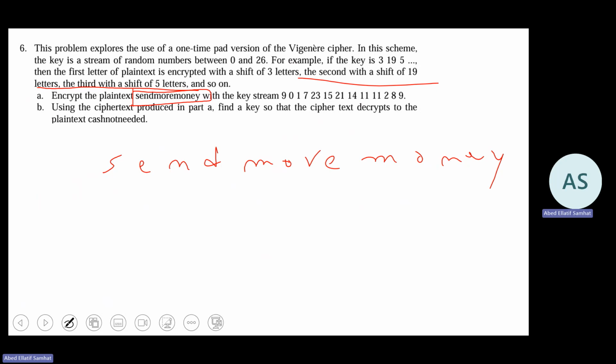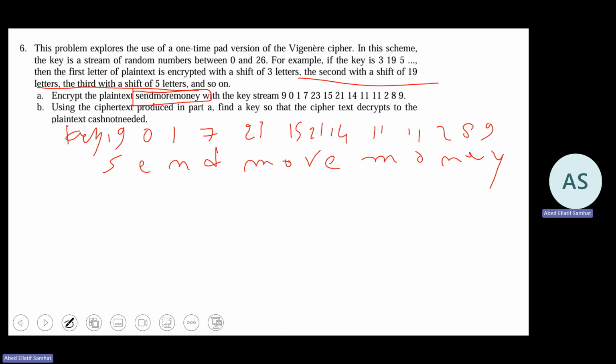Okay, and the key is 9, 0, 1, 7, 23, 15, 21, 14, 11, 11, 2, 8, 9, and we have to put the value